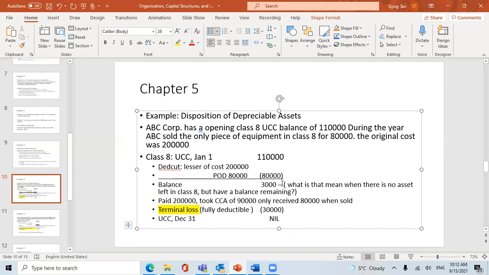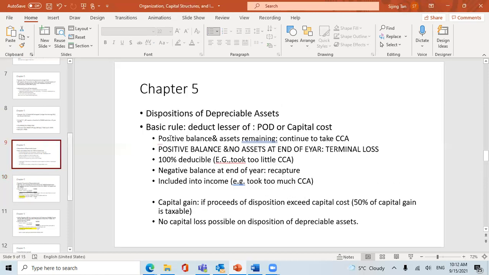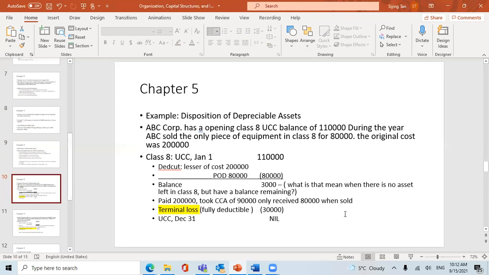What's that mean? Does that mean that there is no asset left in Class 8, but we have a balance remaining? So that's our first situation, right? We have a positive balance and there's still assets remaining. No, this is a positive balance and no assets at the end of the year because we already sold it. So this is a terminal loss,